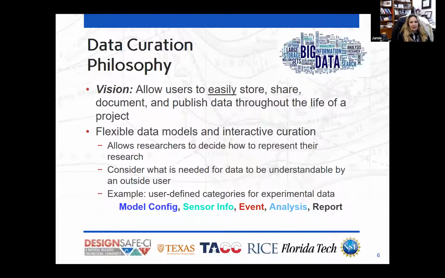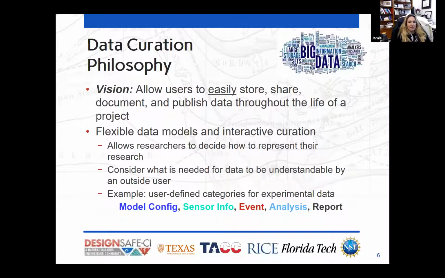With respect to the philosophy of data curation on DesignSafe, the idea is to make this a very flexible and easy process without much constraint with respect to the data model or the curation process. So we can share, store, and document data throughout the life of a project, as opposed to waiting until the last hour and then publishing that data.